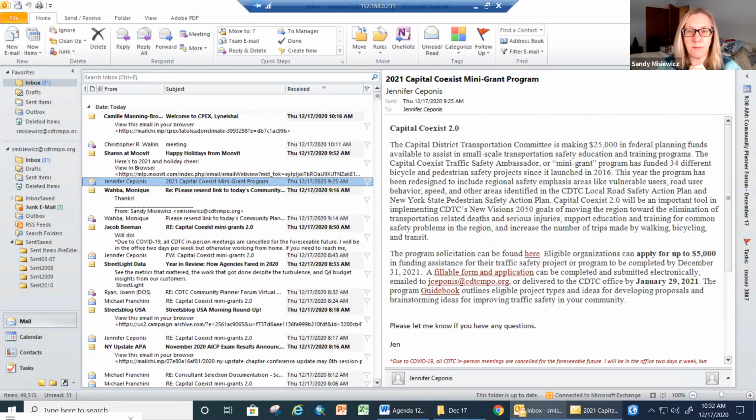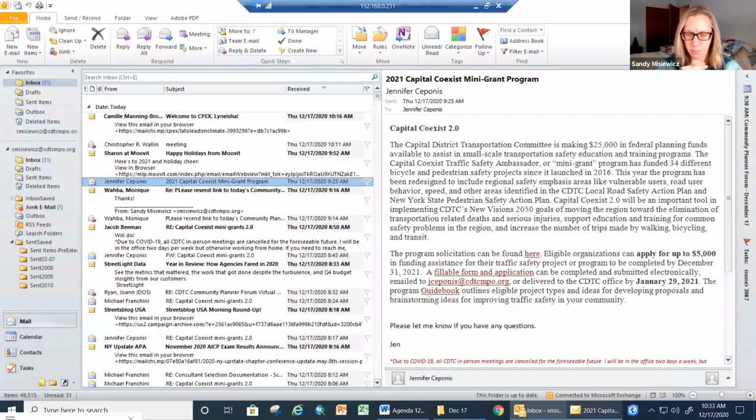Looking at our local road safety action plan, we pulled all of the different emphasis areas from that plan into the Capital Coexist programming. So if you're dealing with a youth issue, an older driver issue, or a problem at an intersection, all of these types of things are now eligible.